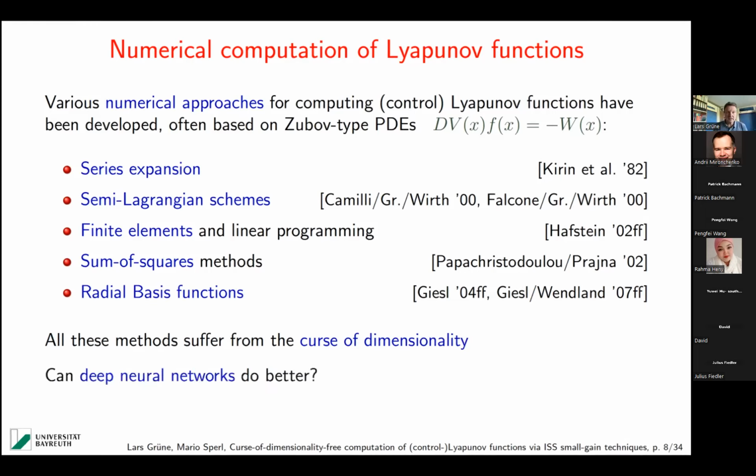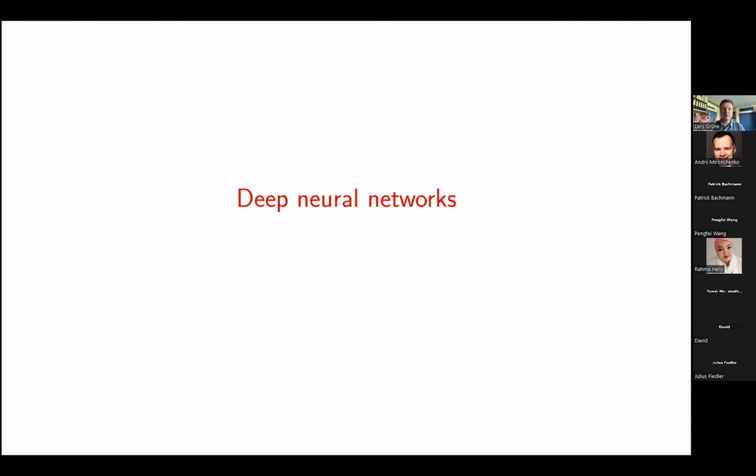And the question is now, can deep neural networks do better? And yeah, the question is really whether they can do better from a theoretical point of view. I will also show you some computations, but I think that the main originality of what I'm telling you lies in the theoretical analysis. But I will explain that. So deep neural networks. I assume that here in the community, there are not so many people.